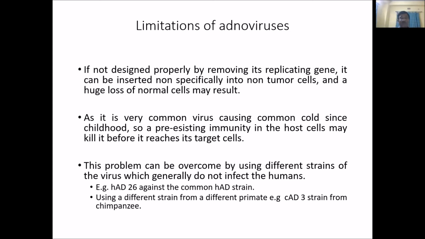Now, this problem can be overcome by using different strains of the virus which generally do not infect human beings. For example, human adenovirus 26 against the common human adenovirus 5 strain. Or you can use a strain from a different primate, like adenovirus 3 from the chimpanzee, that is the ChAd3 strain, against which our body has no immunity